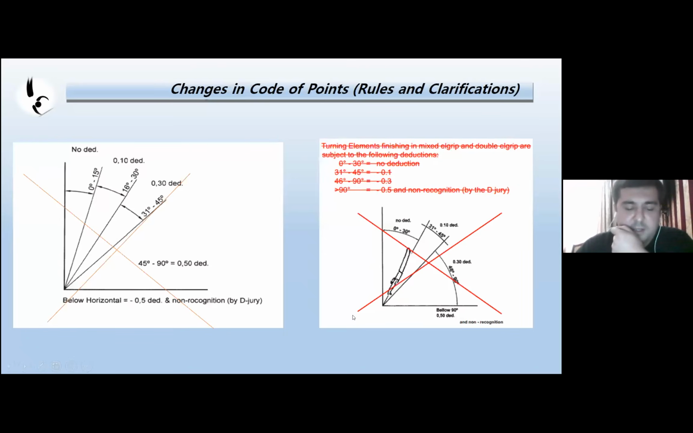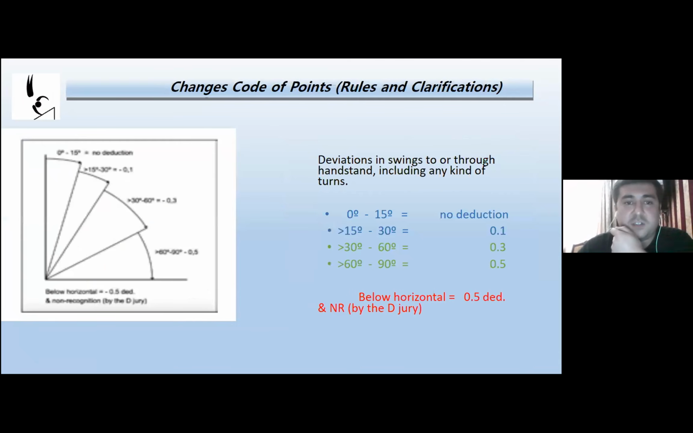Look at the next slide. There were 2 pictures with deduction for angular deviation in the code of points 2017-2020. But now the new 2022-2024 code of points, deduction and degrees for angular deviation have changed. Here, on this picture, we can see the new deviation in swings to or through handstand, including any kind of turns. The deductions are